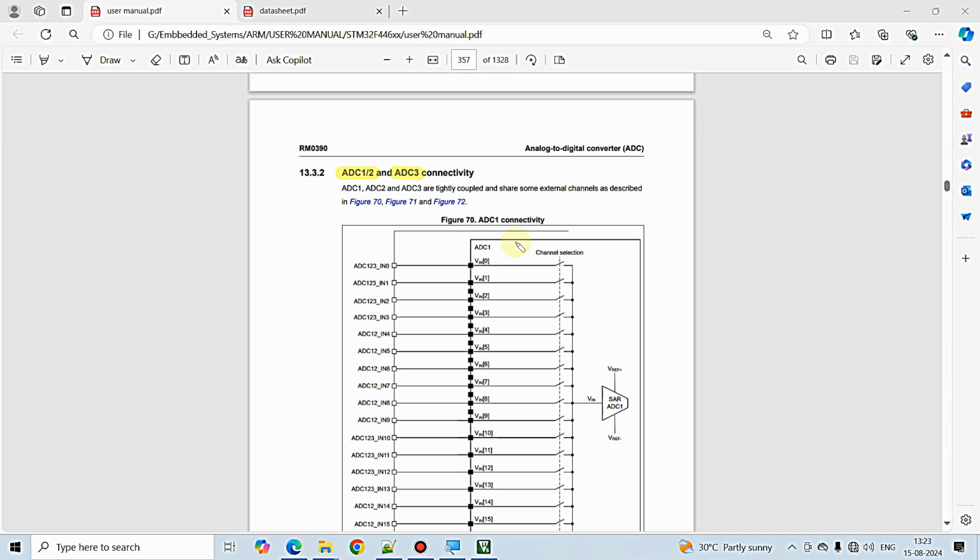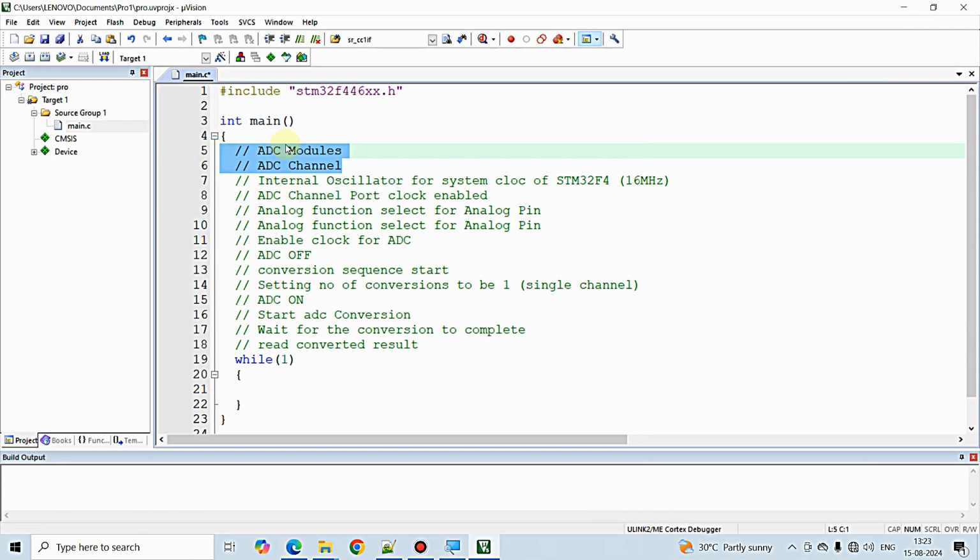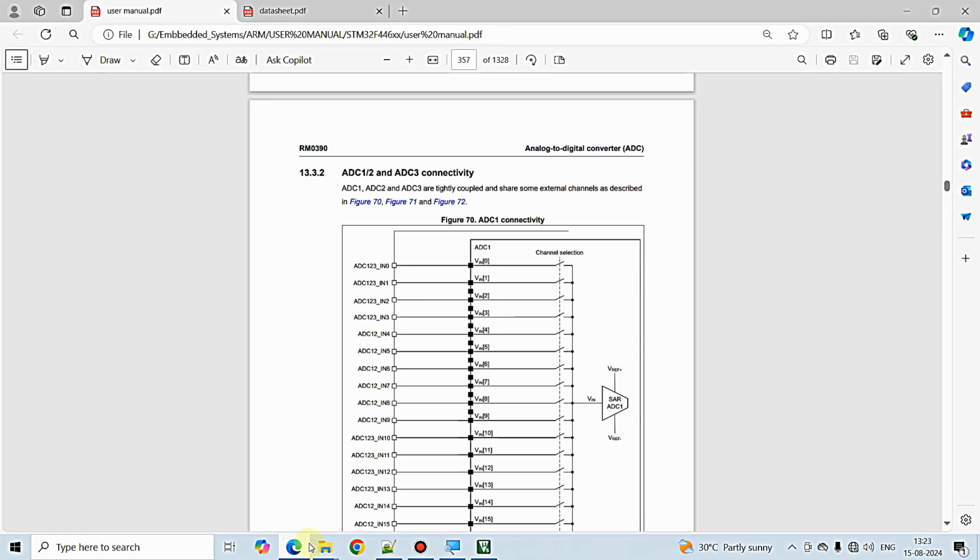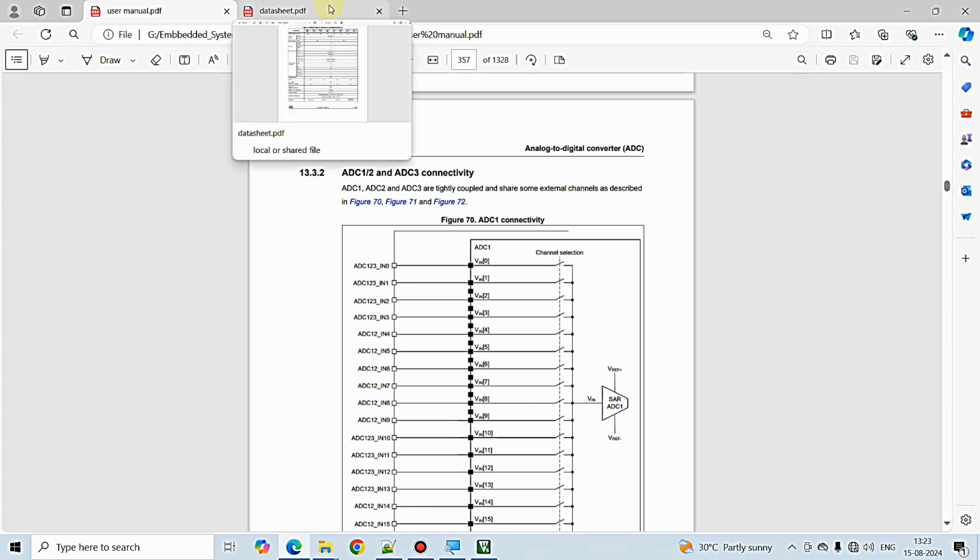So I am just going to select ADC 1. Here in our program, now I have chosen this to be ADC 1. So we have totally 3 different ADC modules available in the microcontroller, and among them we have chosen ADC 1. And now it's time for the channel that we want to work on. Channel is nothing but the analog pin of the microcontroller in which we want to perform the analog to digital conversion. For finding the available channels for the required ADC module, you can open the datasheet